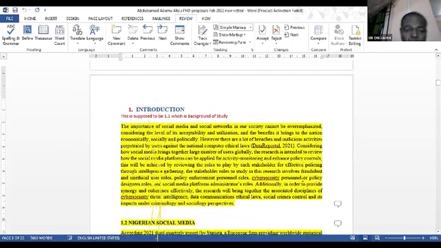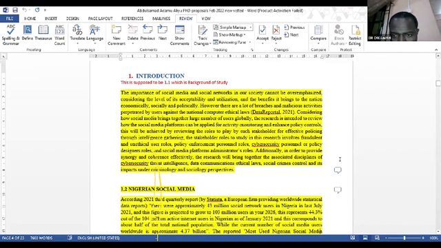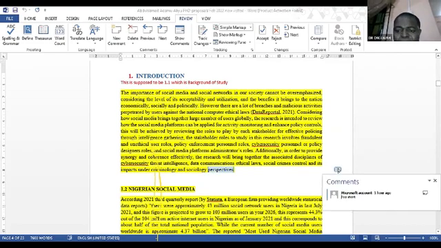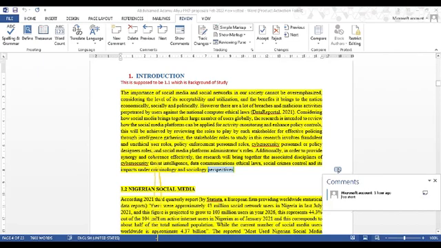Now let's look at your introduction. Let's look at the introduction. Please, as I correct this one, I want others to learn from it. If you look at your introduction, it is just too short. Well written. Let me commend you for that, whoever has this work. Your introduction is well written, but too short.